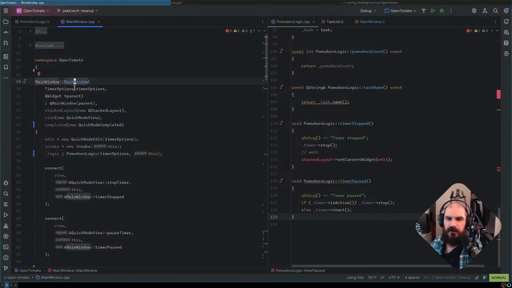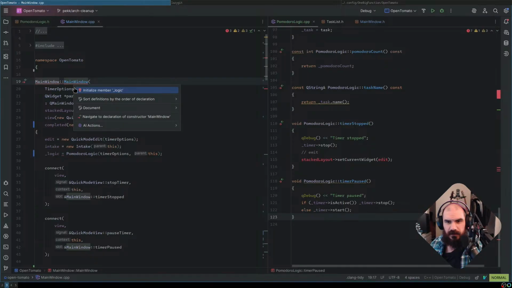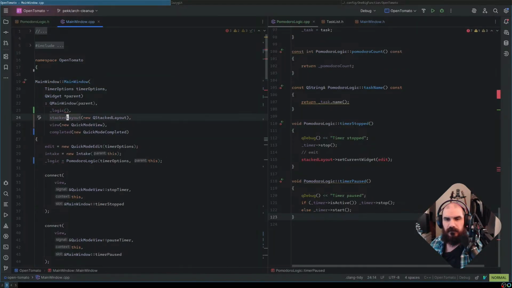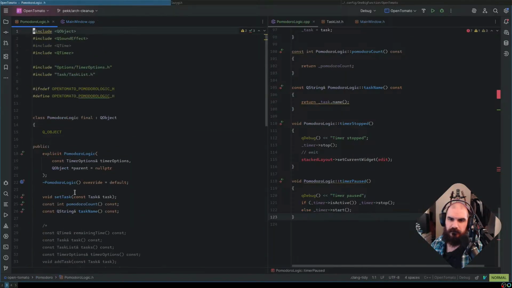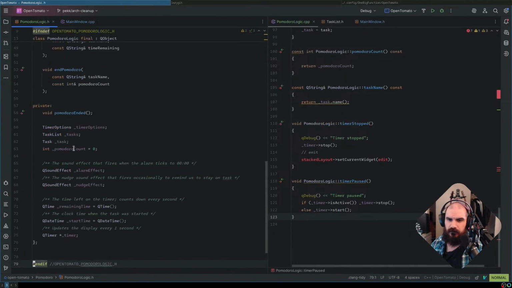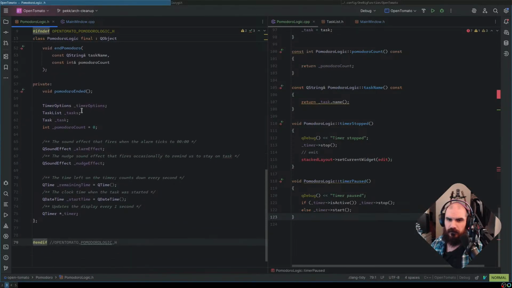Logic is not initialized in this constructor. I'm trying to initialize it. You're just not letting me. Oh, but maybe... Oh.